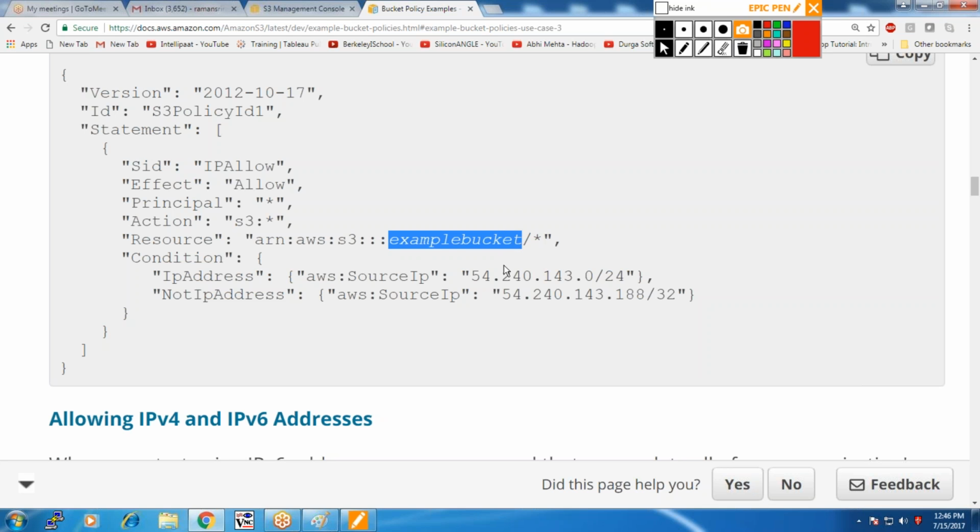In this case, what is the name of the bucket? Raja 6 is the name of the bucket. What sort of action? It should permit all the actions. S3 asterisk shows that all the actions under this bucket need to be allowed, except only one condition. What condition? If the IP address of the computer is in the following range, then you should allow,